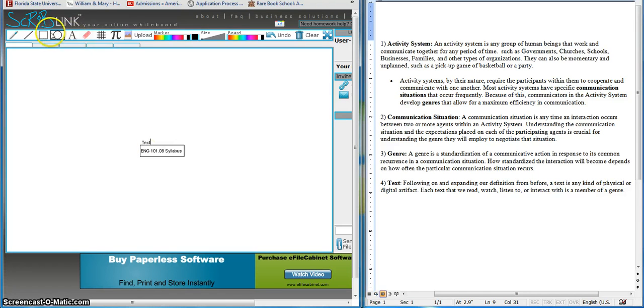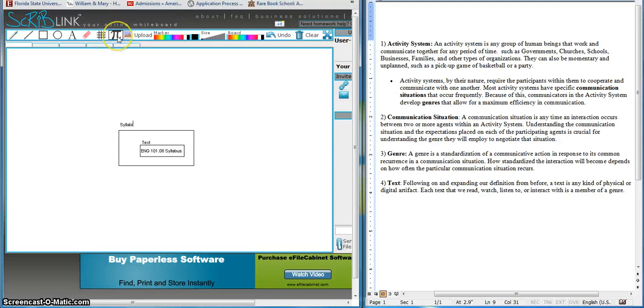This text, though, is participating in a genre. And a genre is just a way to organize and say that a whole bunch of texts that look similar and do similar things, we can call them by one name. And in this case, they're called syllabi. Syllabi are just usually collections of rules and explanations of how a class will work that are distributed at the start of a class, especially usually in college.